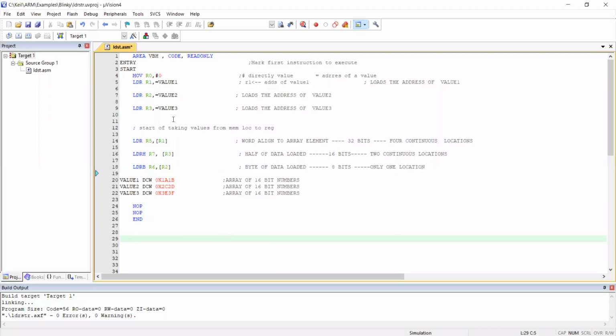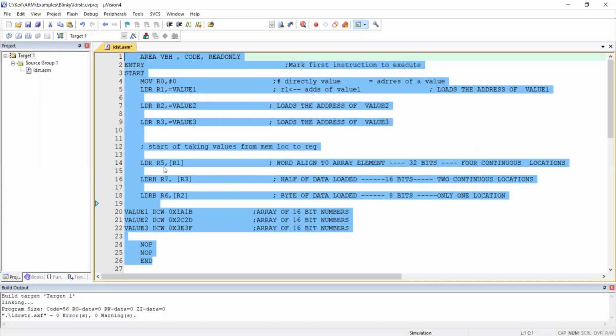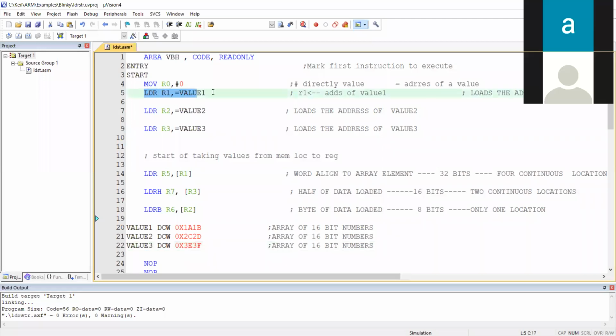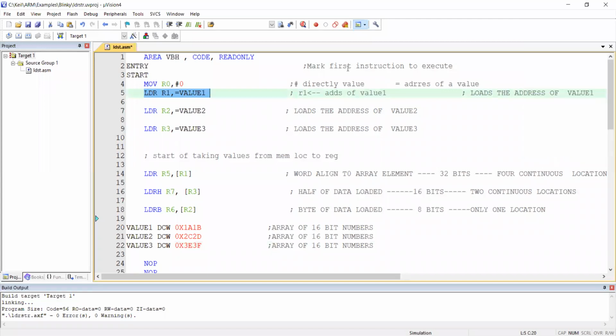Next, here you see, I hope you can see the bigger font program instructions. I am going to use three variables called value1, value2, value3. Then I'm going to use three registers called R1, R2, R3. So what is this line? Can you put in the text box what you understood from that line? What will R1 hold now?